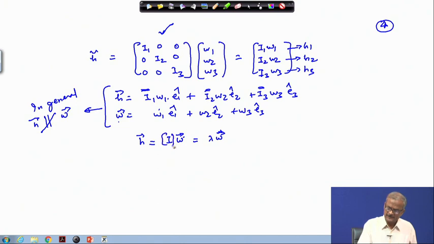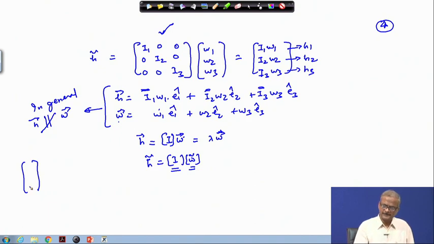This is your I matrix, I times omega, or writing the same term like this. This is your omega vector, or omega matrix. This is a column matrix basically. So, instead of saying column matrix, I will always speak of this as the vector. This is much better than speaking of it as a column matrix.